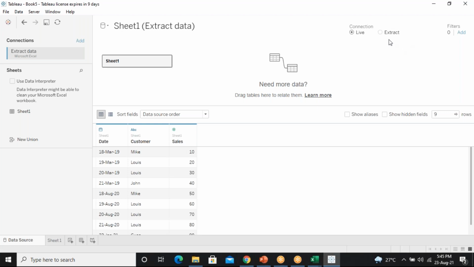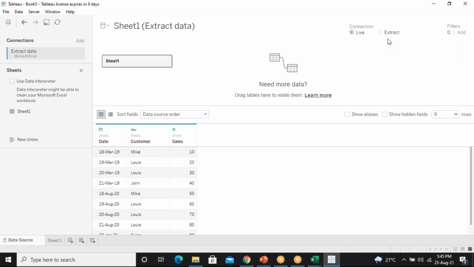What is the use of that? When I make changes here, it will not change in the server. For example, in the server a 2019 record is already updated. I'm going to work on that 2019 record again on my laptop, being somewhere else. So I will take the extract option and work. Why?